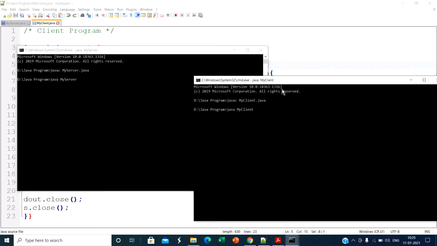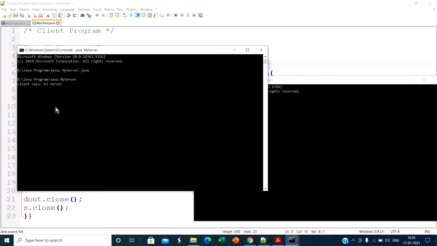Then I send a message from client to server. For the client I typed "hi server". That message is typed in the CMD of my client, and it is received on the server side.